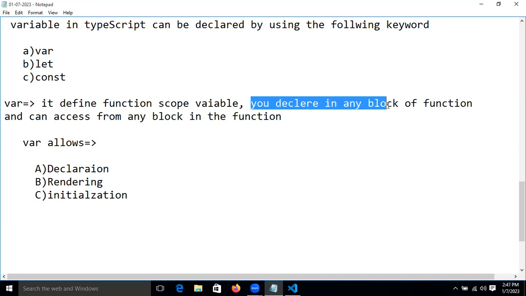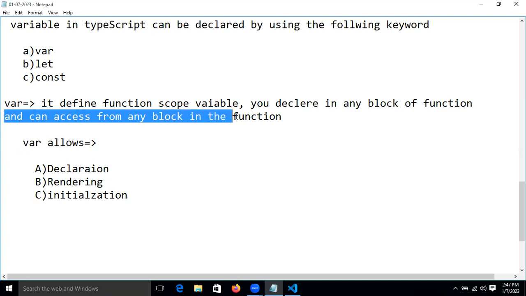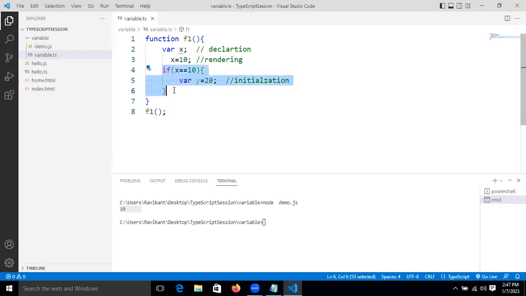You declare in any block of function and you can access it from any block of function, right? This is one block, this is the function level, this is the function variable and this is the block. If we are declaring any variable as a var data type, it means